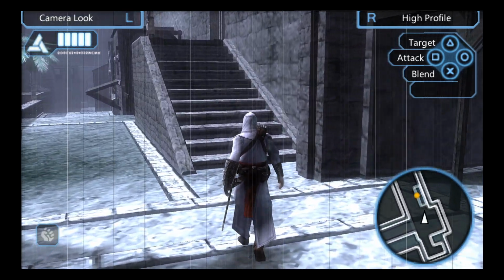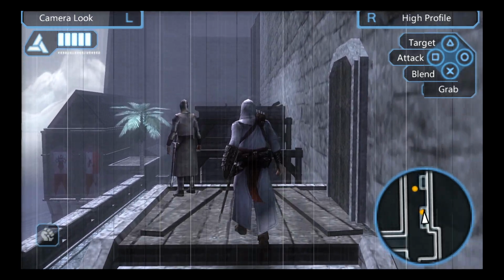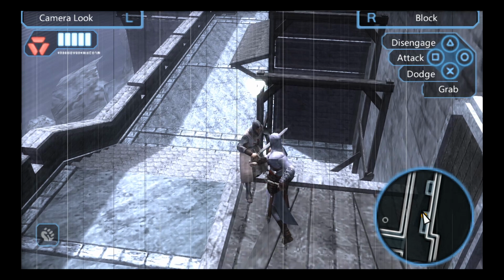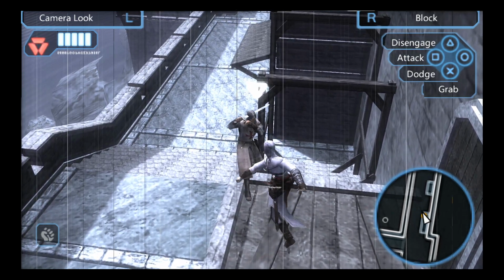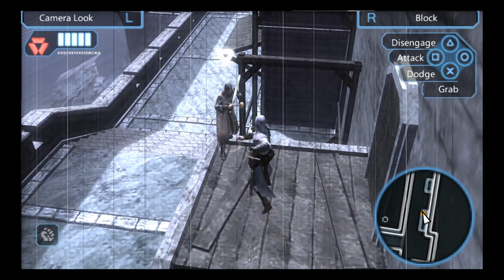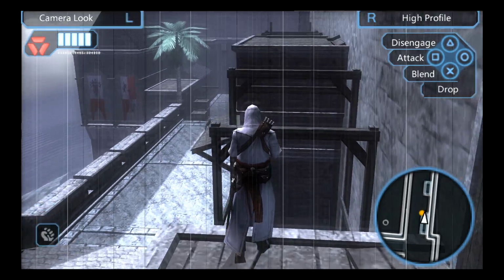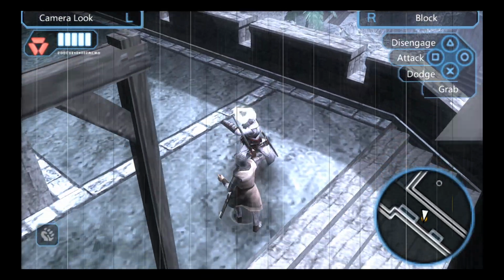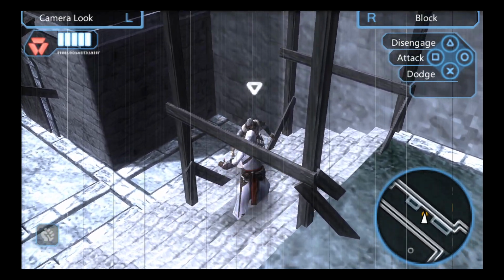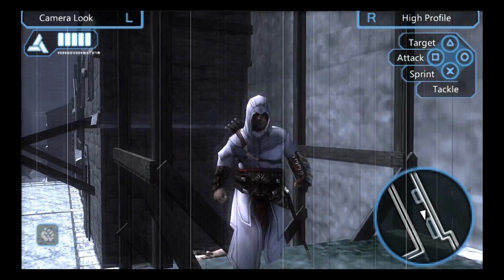There's another dude up here. So we're kind of in this small area. I'm very confused about how to assassinate. These controls are not very intuitive already. Okay. My first